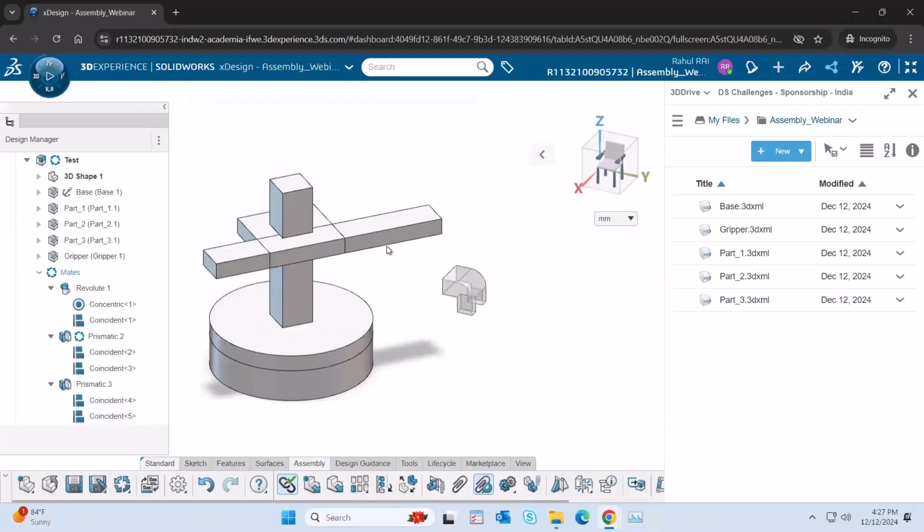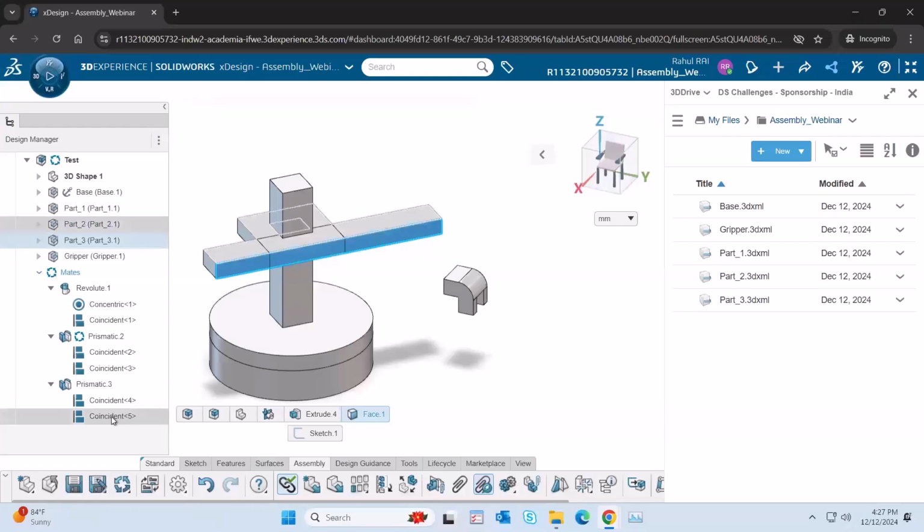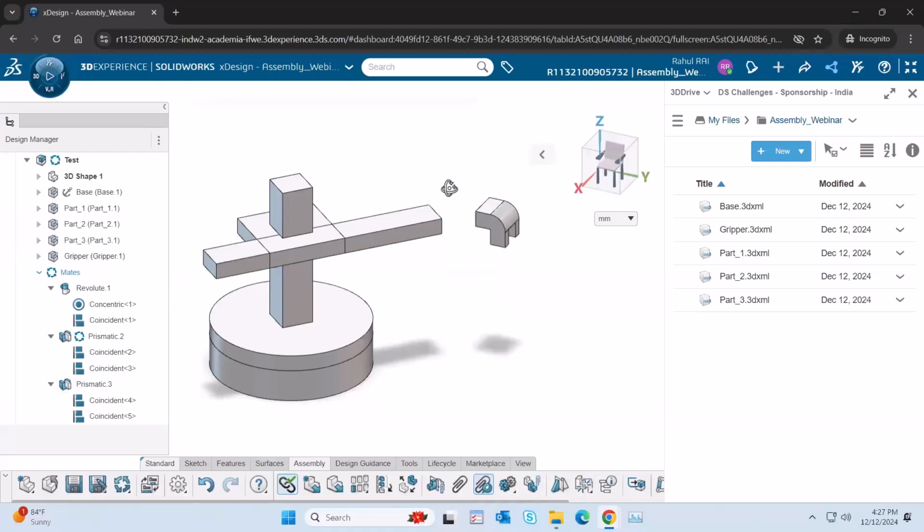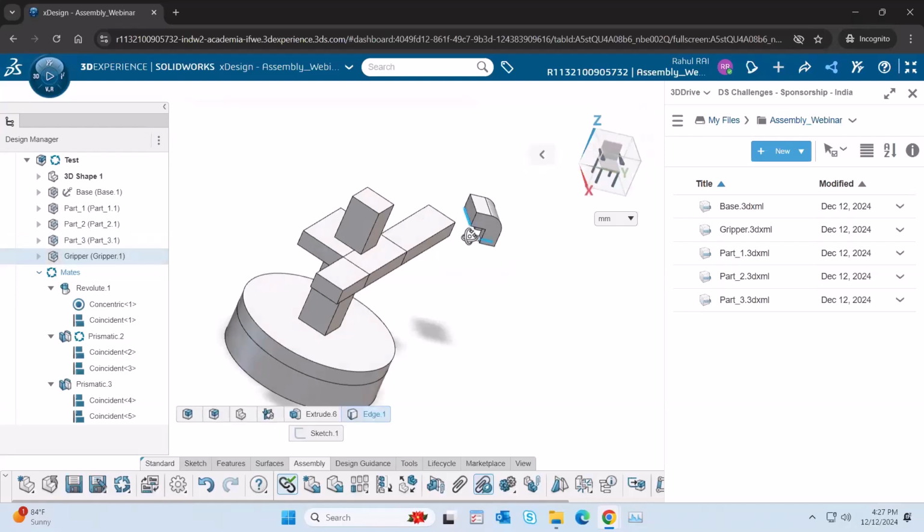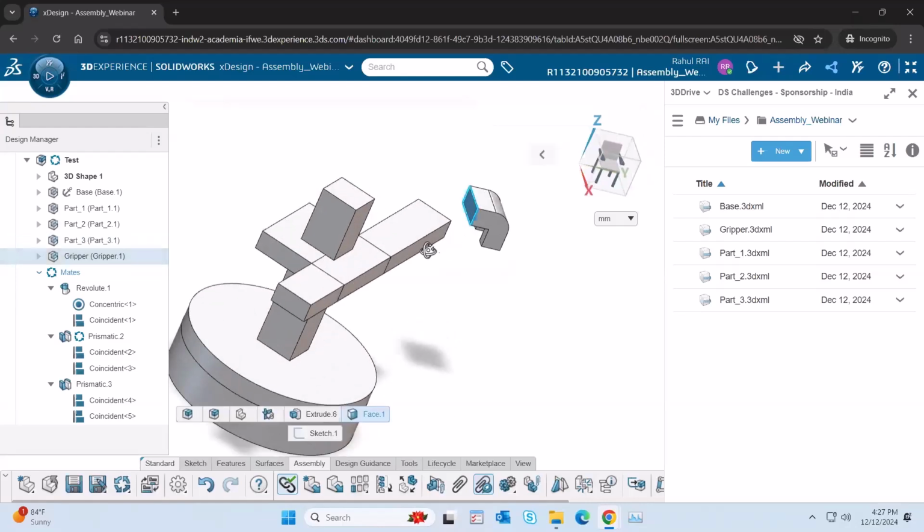So, remember that we have not corrected this part yet. We need to flip this mate, but I have not done that. I am thinking that first I will assemble the gripper and then I will do that. So what kind of problem I will face is, first let me